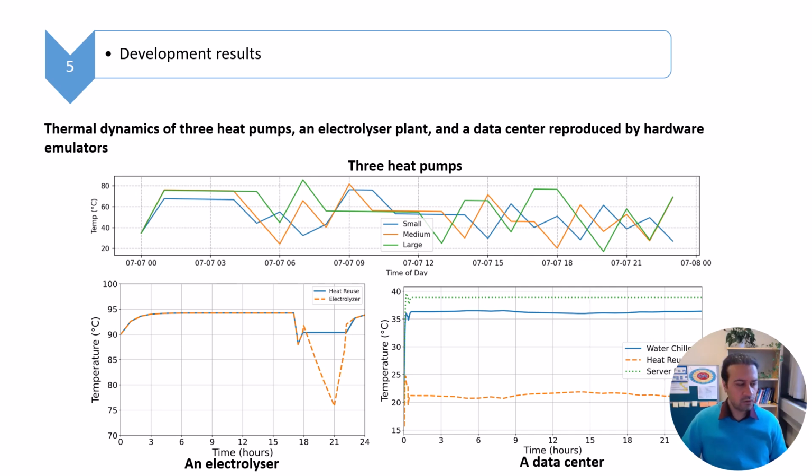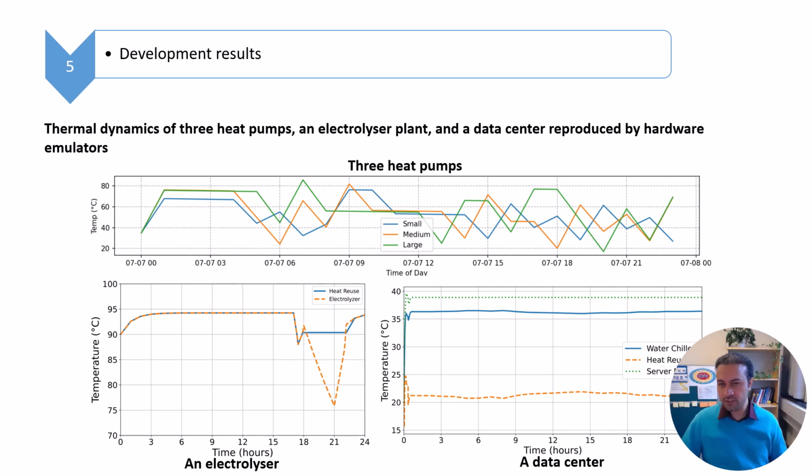And also here you see how the temperature in the different plants changes: the heat pumps, the electrolyzer, and the data center. The data center and electrolyzer have a higher inertia, so there are no significant fluctuations in the temperature. But the heat pumps don't have a high inertia, so the temperature changes frequently.